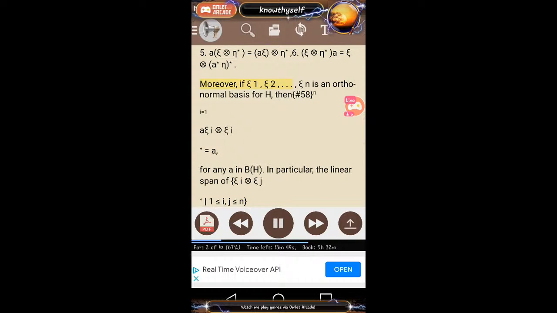Moreover, if xi_1, xi_2, ..., xi_n is an orthonormal basis for H, then the sum over i equals 1 to n of theta_{xi_i, a xi_i} equals a, for any a in B(H). In particular, the linear span of theta_{xi_i, xi_j}, 1 less than or equal to i, j less than or equal to n